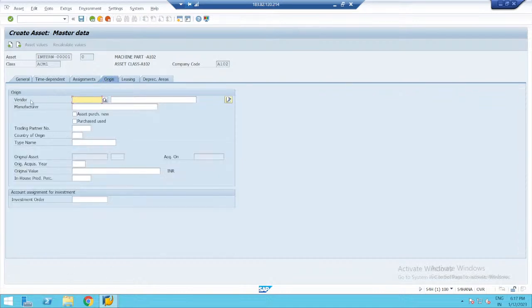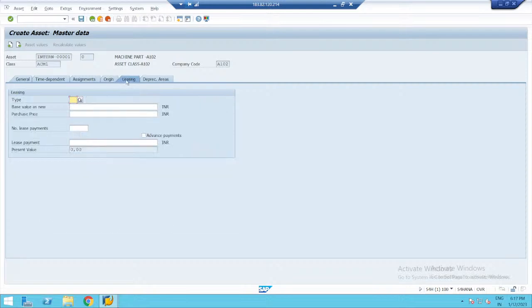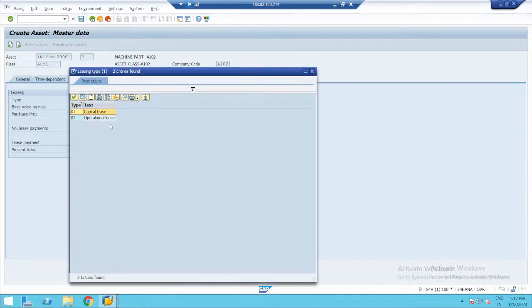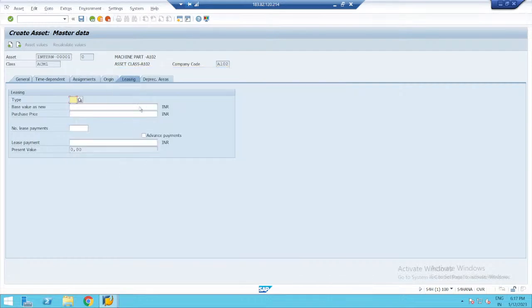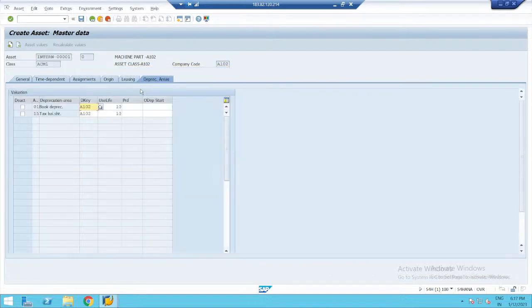Then assignment, then under origin, vendor. If you want to enter vendor detail you can enter, but this is basically only asset master data and not purchasing master, only asset information. So I'm not entering any vendor detail, manufacturing detail. Okay, then if you have any leasing detail you can fill leasing detail like type, base value, capital lease or operational lease. Then depreciation areas, see